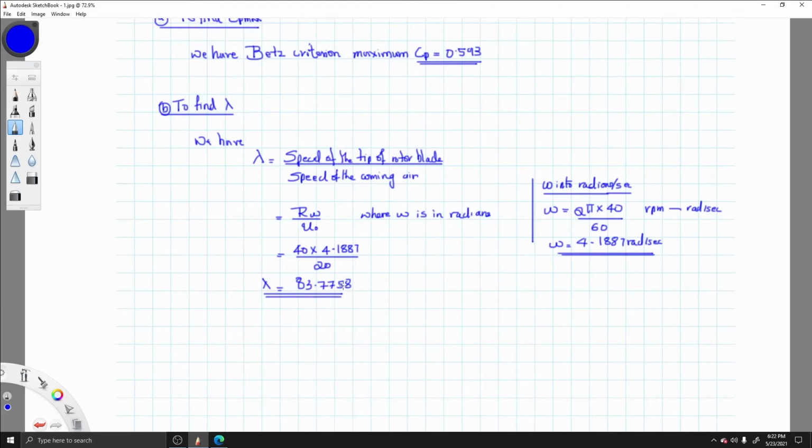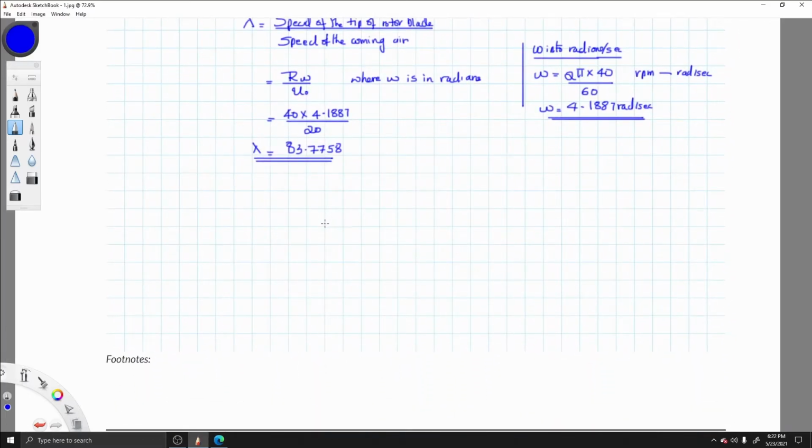Since it is a ratio, we don't have any unit. We'll go ahead and substitute the value of Cp and lambda in the equation of Ct. We have Ct equal to